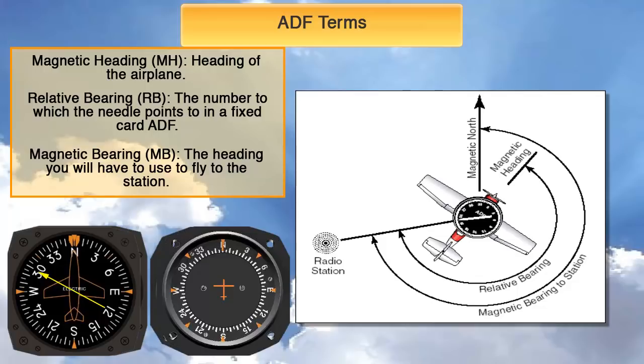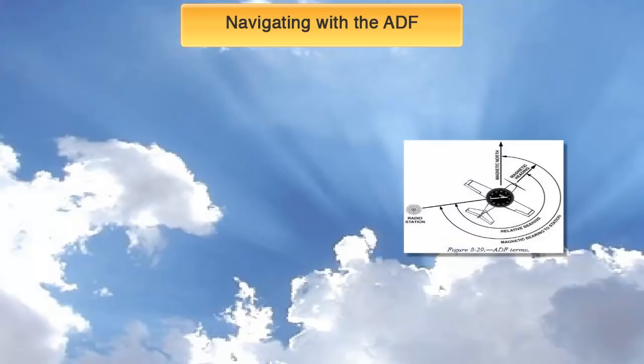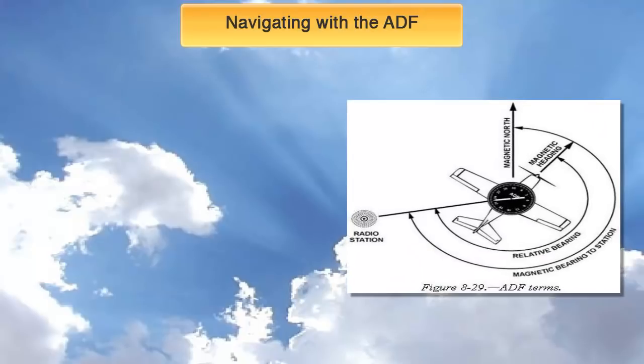It sounds complicated. I will explain in a little bit. Navigating with the ADF. Low frequency non-directional beacons, NDBs, operate in the range of frequencies of 190 to 530 kilohertz. As you see, these are low frequencies. They do go around obstacles, so line of sight is not an issue, but they don't radiate the courses